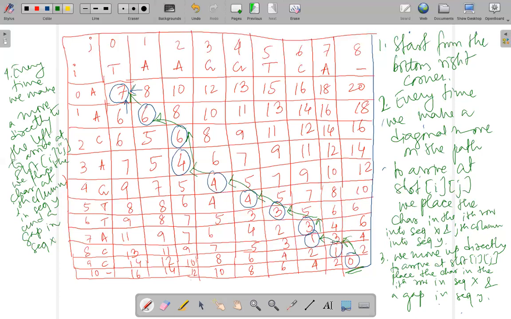Similarly, if you have moved to the left, you do the opposite: you put in sequence Y the character from the jth column, and in sequence X you put a gap. If you do this with this particular example, we arrive at